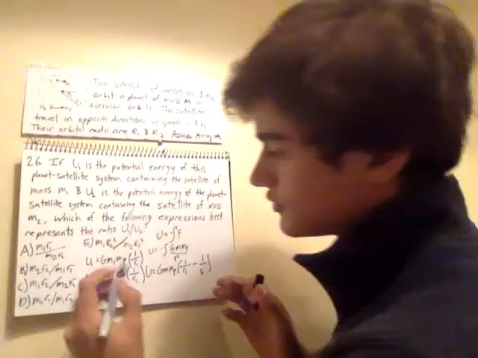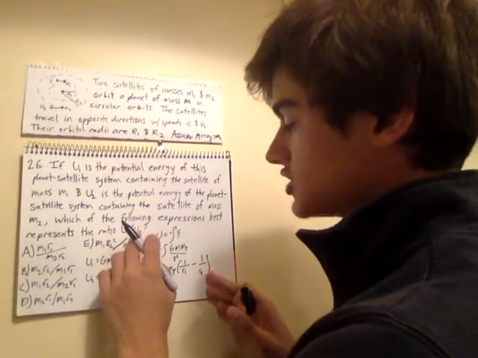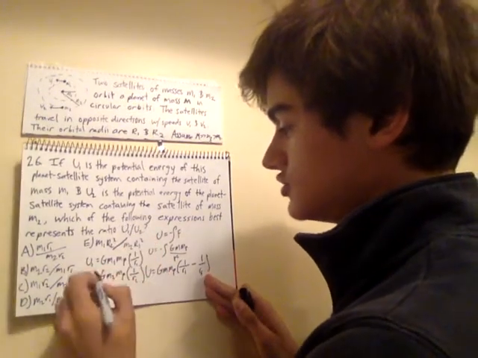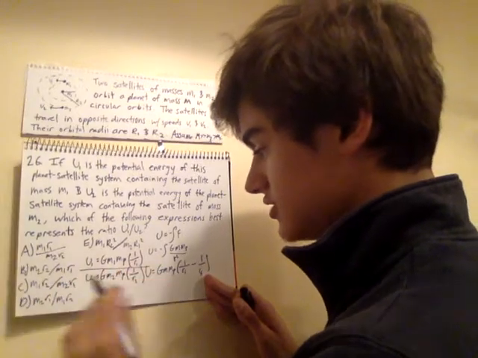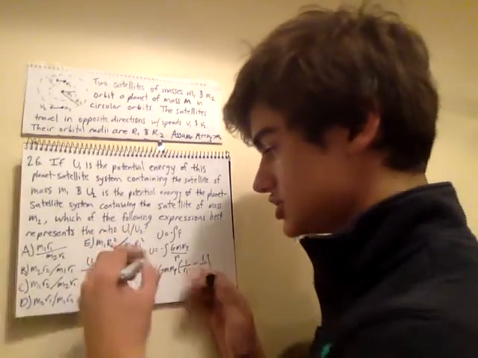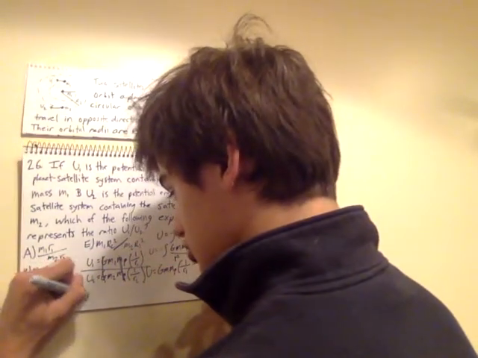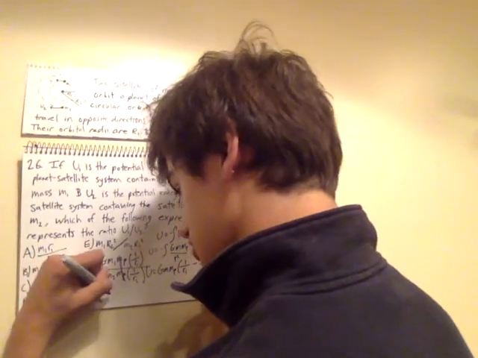So now we can just divide this because the ratio we're looking for is potential energy 1 over U2. So divide. We can cross out the G's. We can cross out the masses of the planet because these are both constants. And what we're going to end up with is U1 over U2 is equal to,